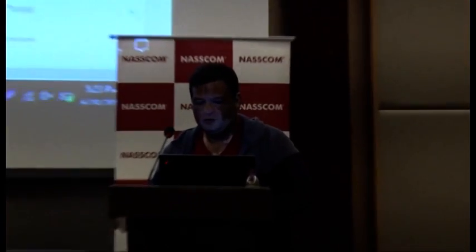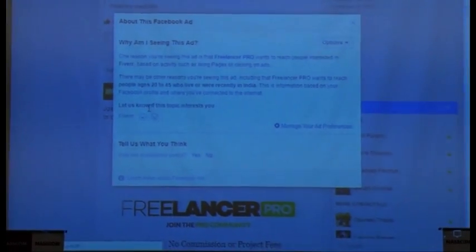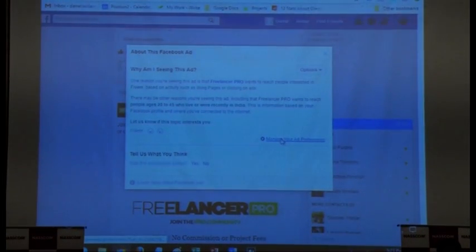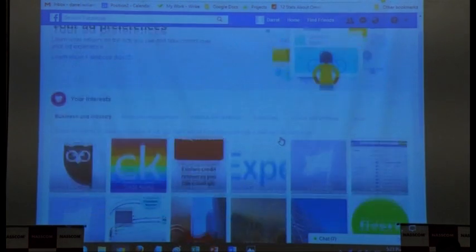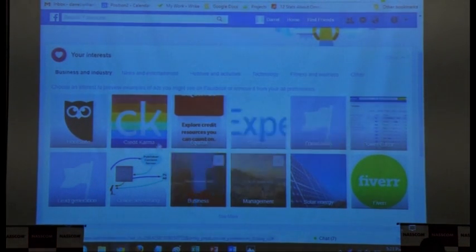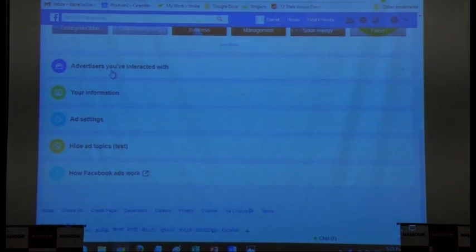So in Facebook, you have this arrow. You click on that, you say, why am I seeing this ad? And it gives you a standard response and says manage your ad preferences. So it shows you all your interests, whatever Facebook thinks that you're interested in. You might have just actually liked something, and Facebook considered it as your interest. Yeah, so that's the disadvantage with broader targeting on Facebook. That is why we recommend narrowing it down with adding multiple layers of